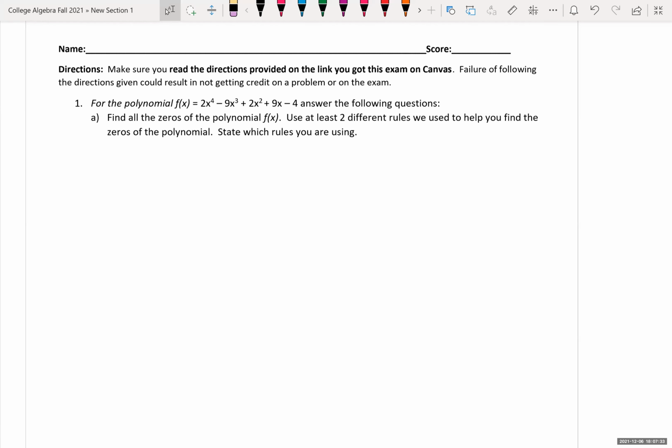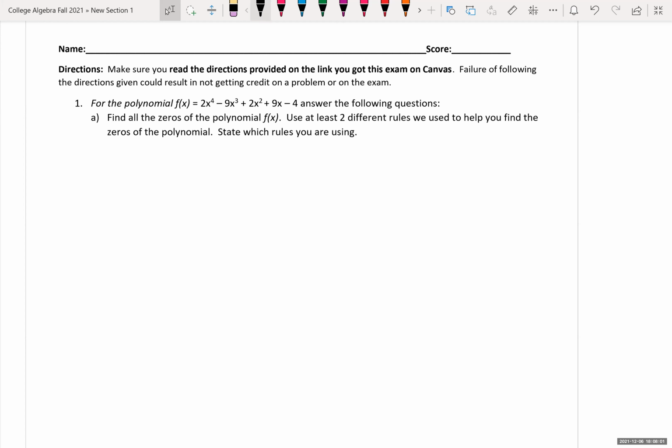So we're going to look at the key, or go through the solutions to the last exam that you took. In the first problem, you have a polynomial f of x equals 2x to the fourth minus 9x cubed plus 2x squared plus 9x minus 4. And you want to answer the following questions. So we're going to find all the zeros of the polynomial. We're going to use at least two different rules to help us find the zeros of the polynomial and state